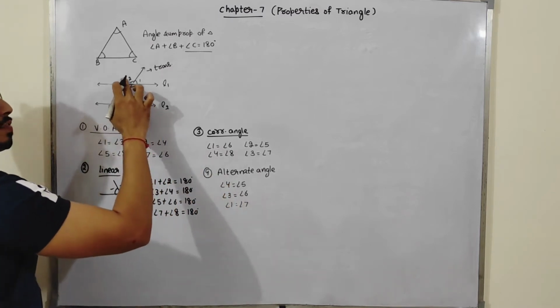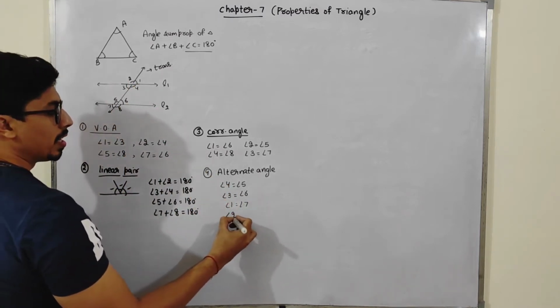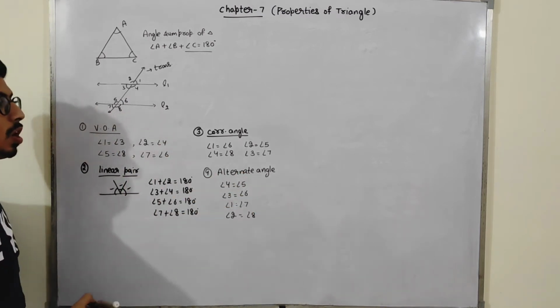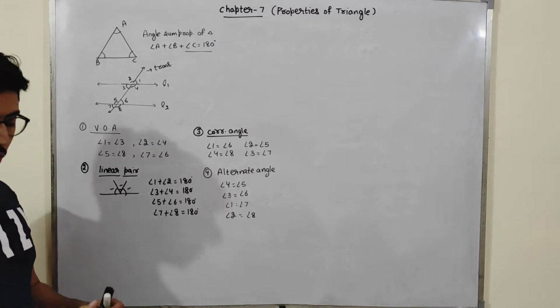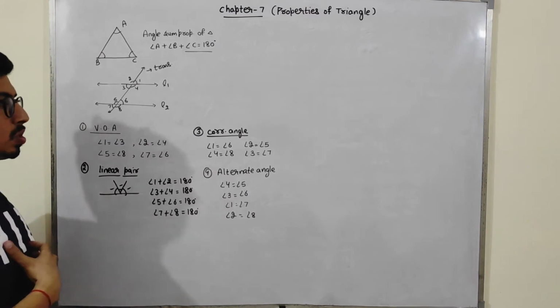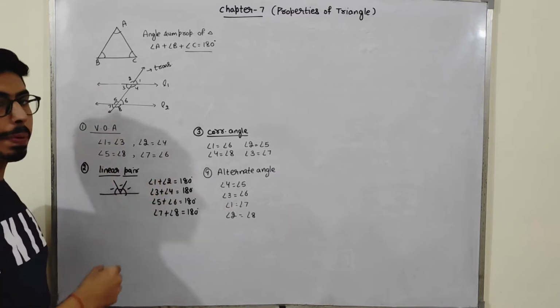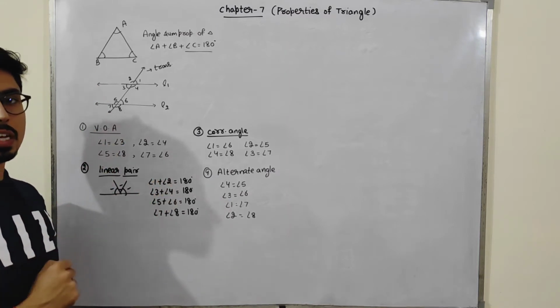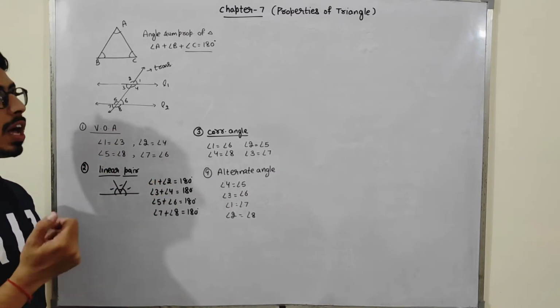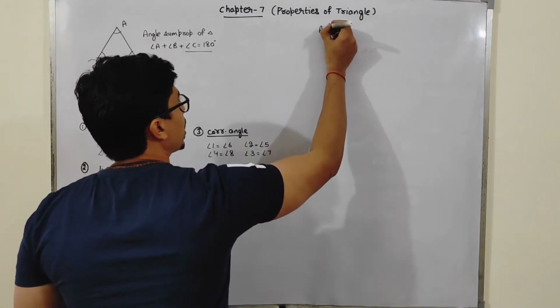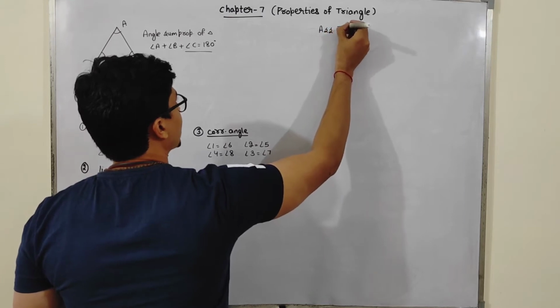Okay. Now here if I take 2, here I have to take angle 8. So these are all alternate angles, students. So we will use this one property and these 4 pairs of angles to solve assignment 7.1. So now we are going to discuss assignment 7.1, students. Assignment 7.1 now we will discuss.